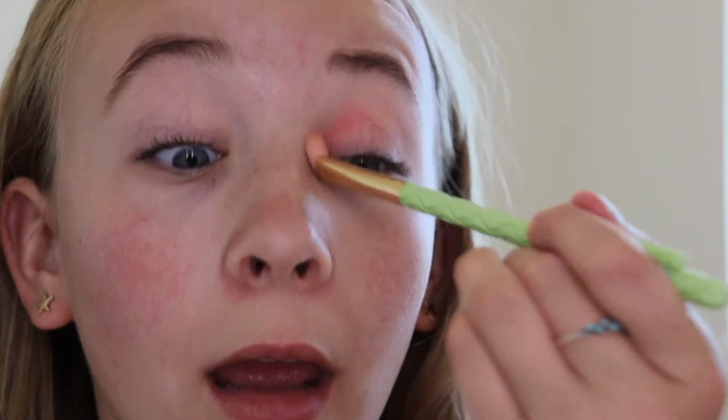And then I'm gonna take a more precise brush. This is the Shani E15, and I'm gonna take more of that red and kind of lay it down where I need it to go. Okay, so then after I've laid down that red pigment, so I'm gonna be doing red, orange, yellow, and then green, blue, purple, pink. So now I'm going to take this red brush, and then I'm gonna dip into the